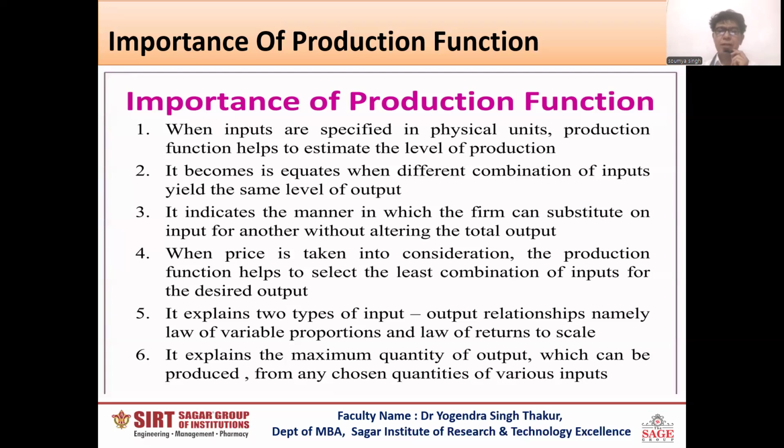Fifth, it explains two types of input-output relationship, namely the law of variable proportions and the law of returns to scale. It explains the maximum quantity of output which can be produced from any chosen quantity of the